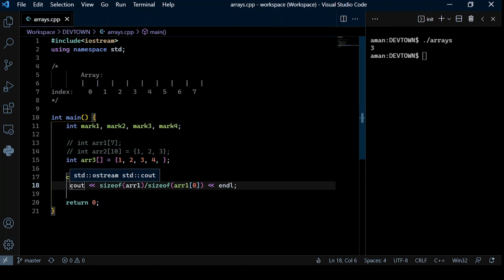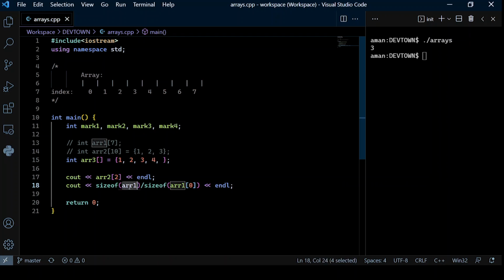As said before, the sizeof operator will return the size taken by a given variable in bytes. Since ARR1 is the name of the array in this case, its space occupied will be equal to the space occupied by the entire array, which will be all the boxes in each of these indexes combined. So after we have that entire big size, we can simply divide it by the size taken by one of the boxes in that array, which will essentially give us the size of the array. So how that works is,